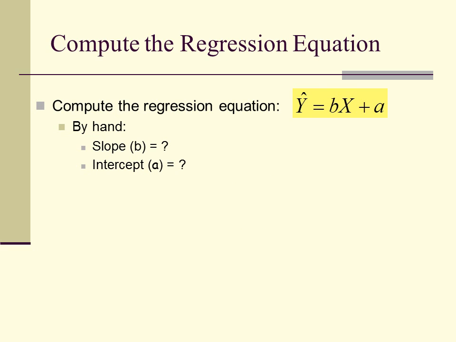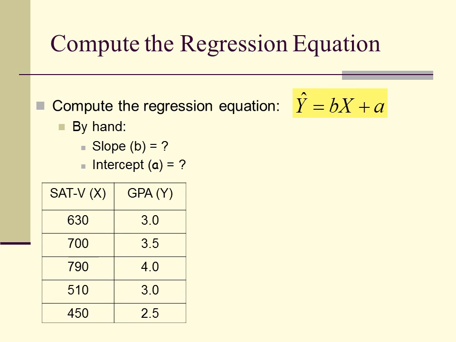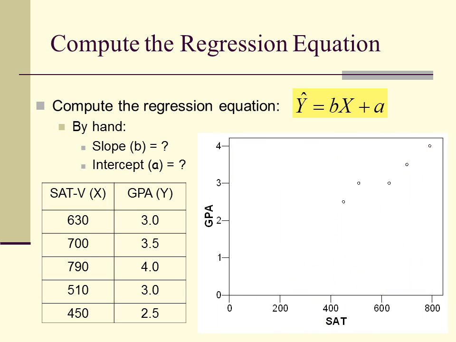Let's look at a data set. x is the SAT verbal scores and y is the freshman GPA. So this is the scatter plot based on these 5 students' grades. The x-axis presents SAT scores and the y-axis presents GPA. Then we need to find out this regression line that best represents this scatter plot. So we need to find out,